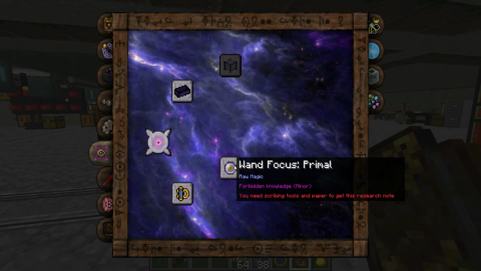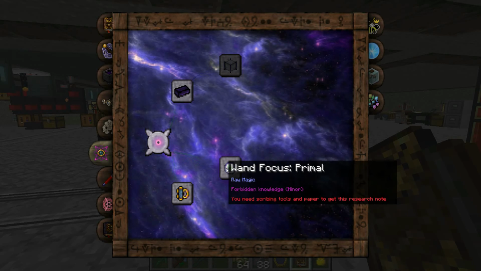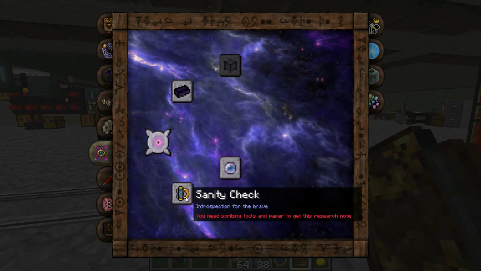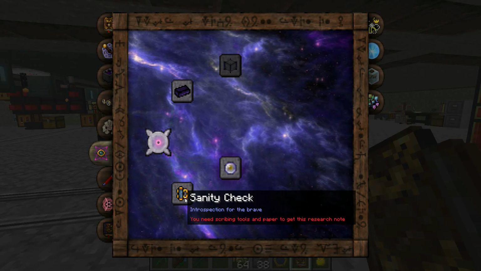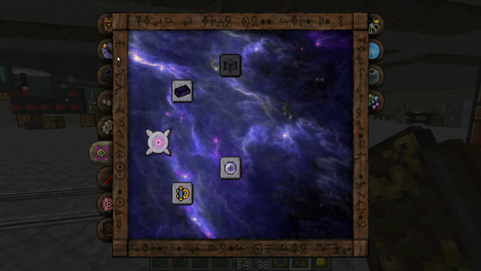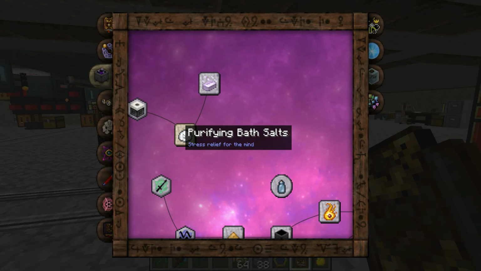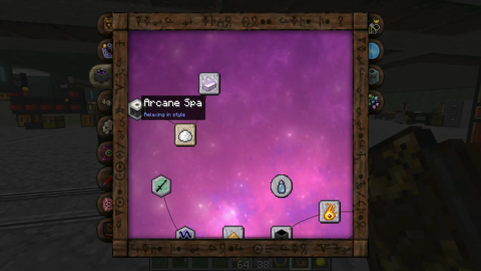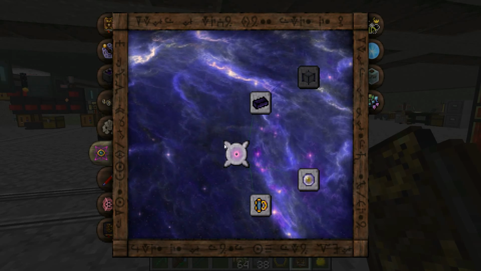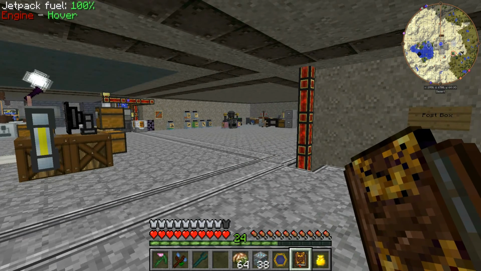We can do the Wand Focus Primal, which sounds quite cool. I'm led to believe that that can make nodes or something like that, but it can also be extremely destructive. We've got a Sanity Checker, which could be quite handy since we've had to get a fair bit of warp. I normally avoid getting warp as much as possible, so this is kind of new for me. And we'll need to, at some point, I presume, it's in here, yeah, get the bath salts and soap and this arcane spa on the go as well to clean things up. But this is what we were wanting, void metal. So let's go and get...